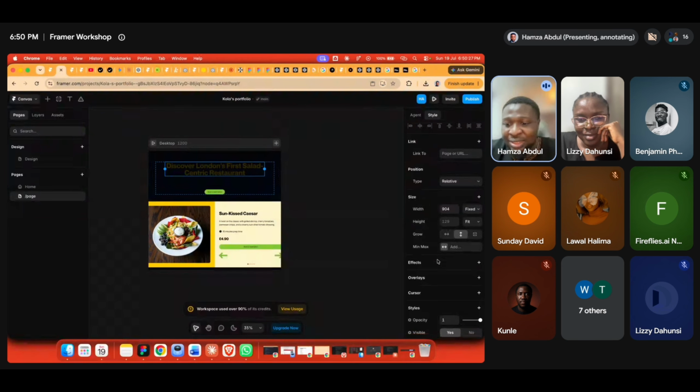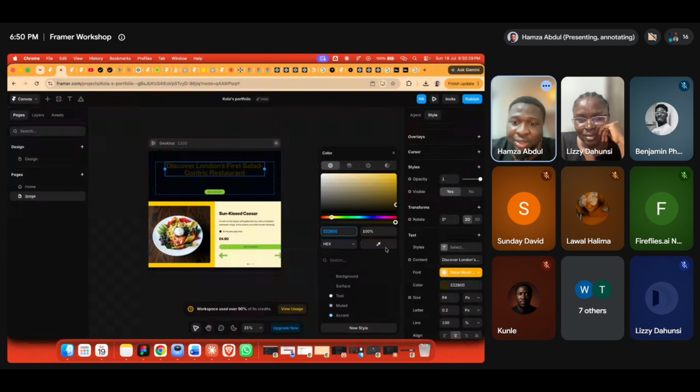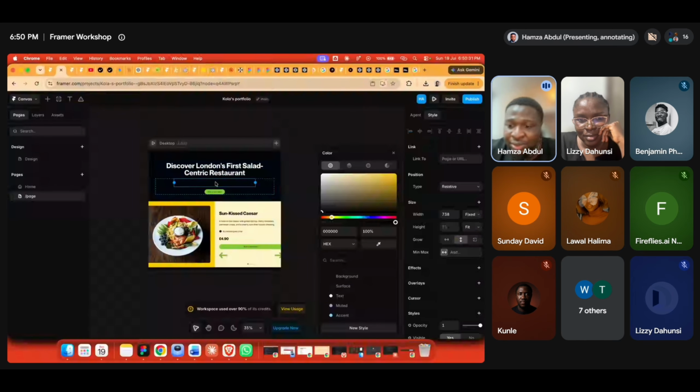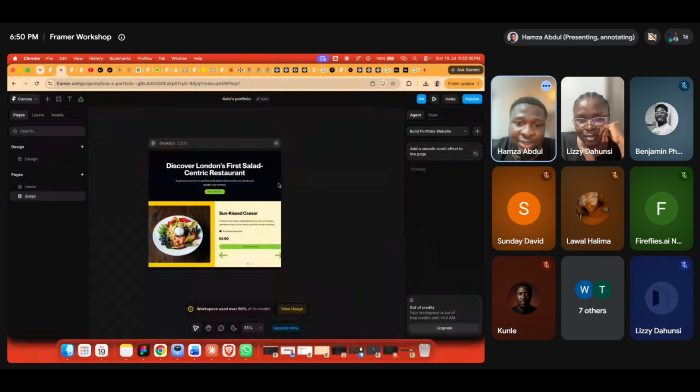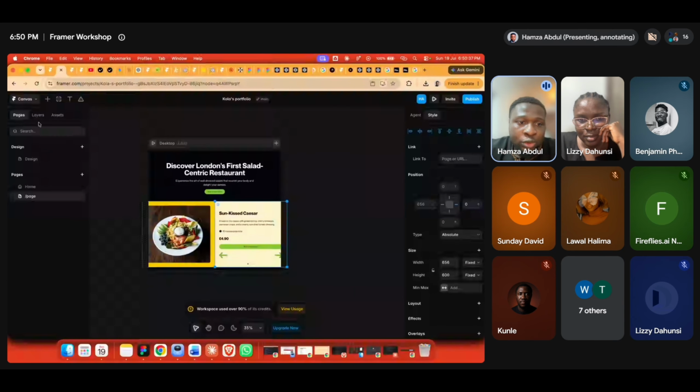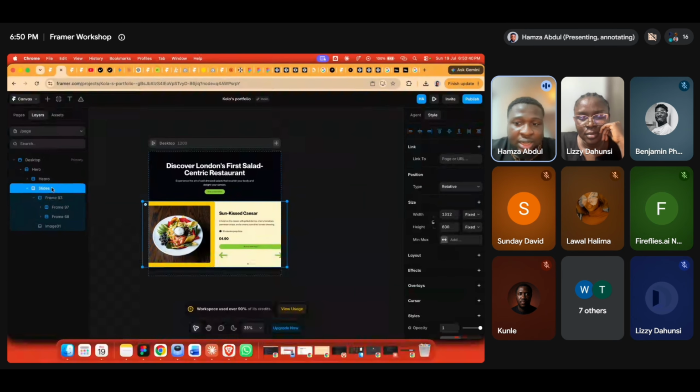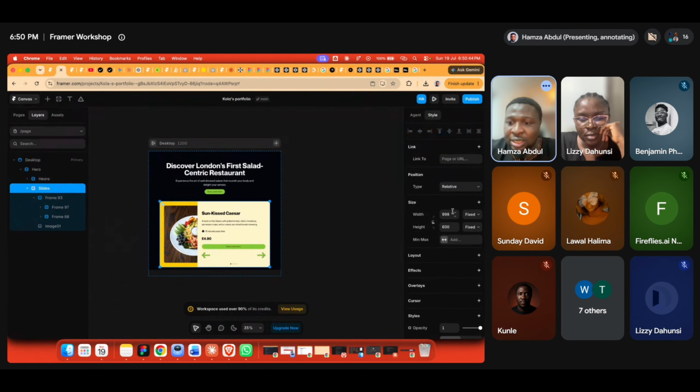I can now be changing the text color to white because that's a white background. Change this to white as well, right? So this one, I'll go to my layers, this lights. I can reduce the size. I can make it relative as well. It should always be like maybe, let's use 90%, 90%.